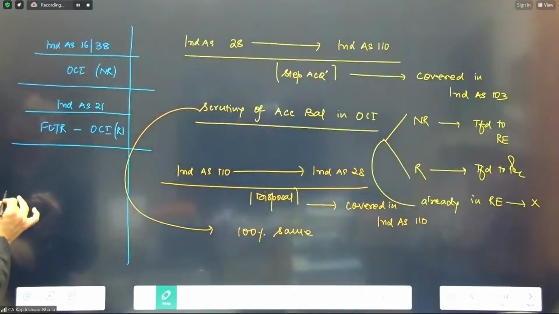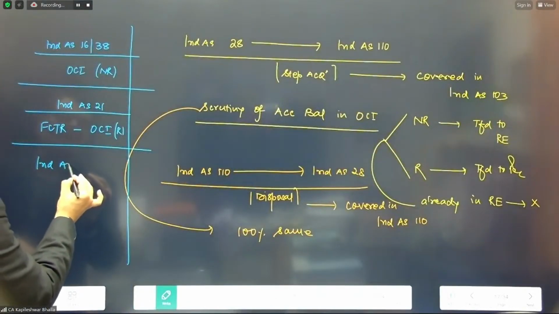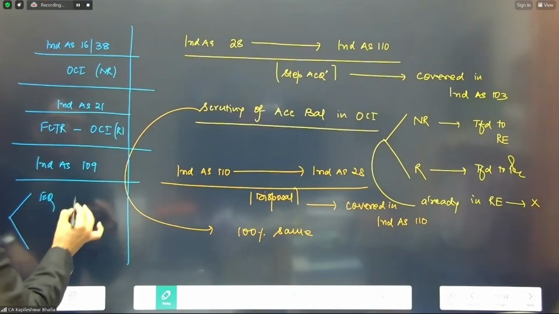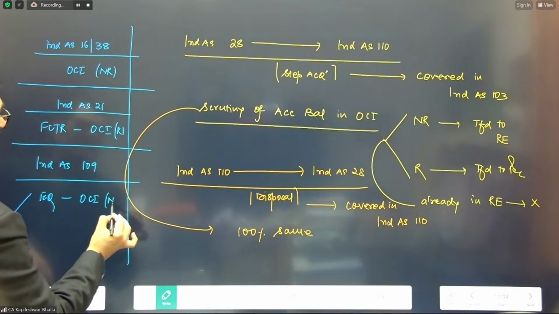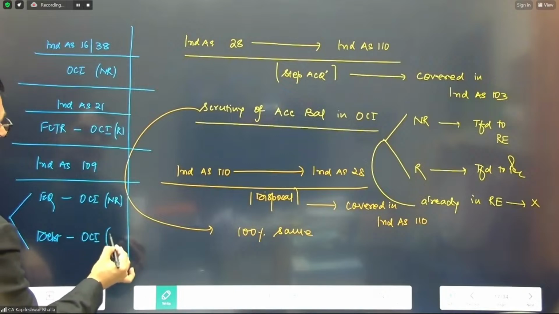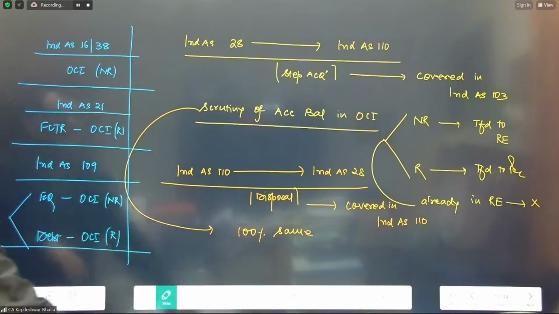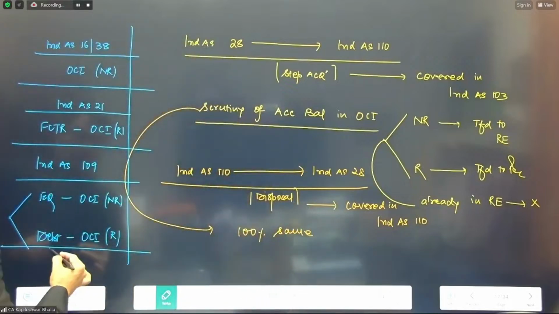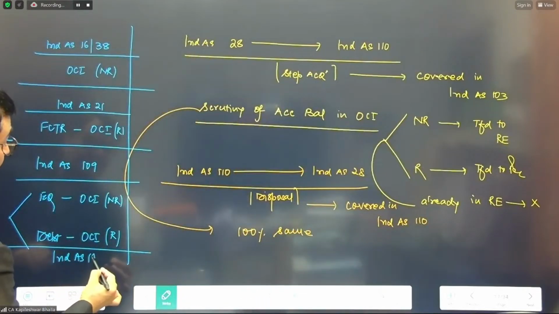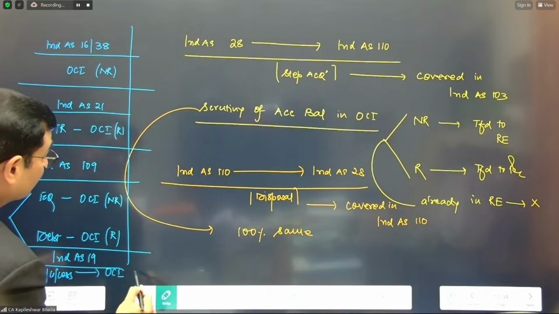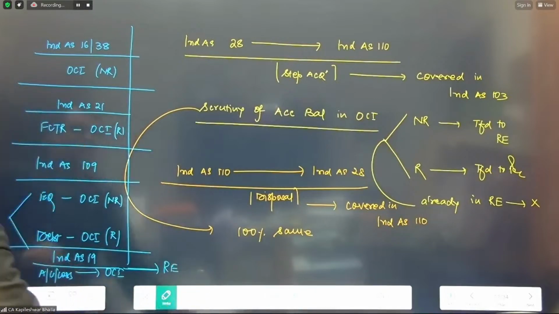And apart from this, you are going to cover the concept in terms of Ind AS 109. Let me tell you in advance that if you've got equity investments, it is supposed to be OCI NR. And if it is debt investments, which you will see later, it is always a case of OCI R. The only other item which gets created is on account of Ind AS 19, where the actual gain or loss is taken in the OCI, but that is taken directly in retained earnings.